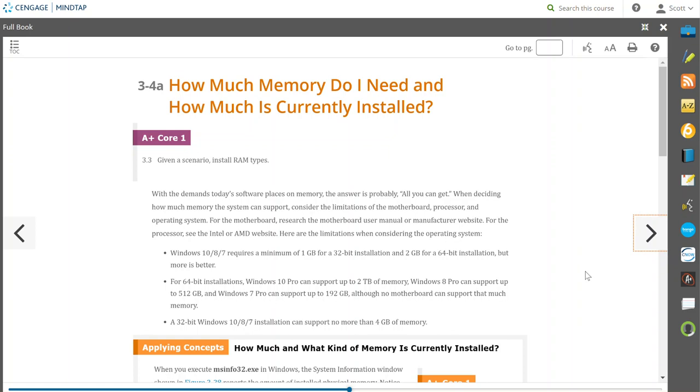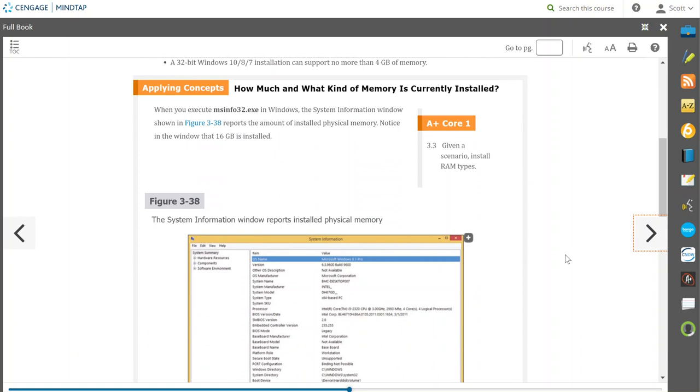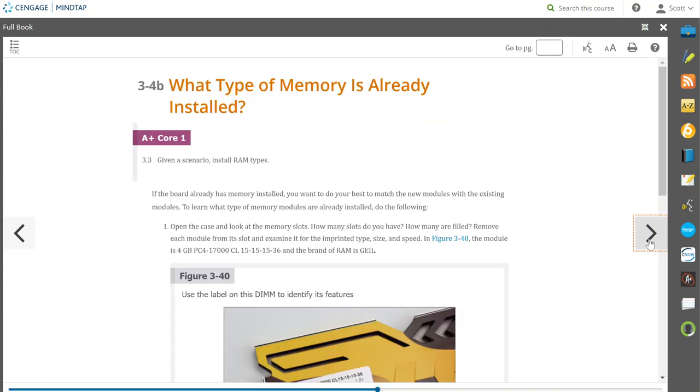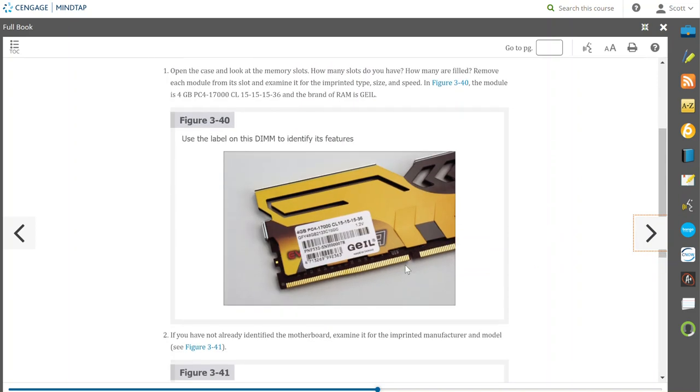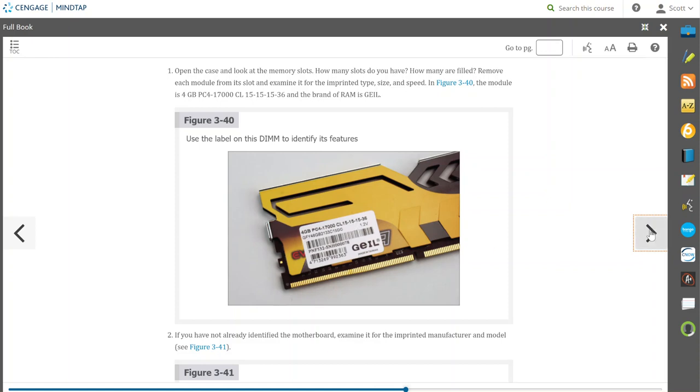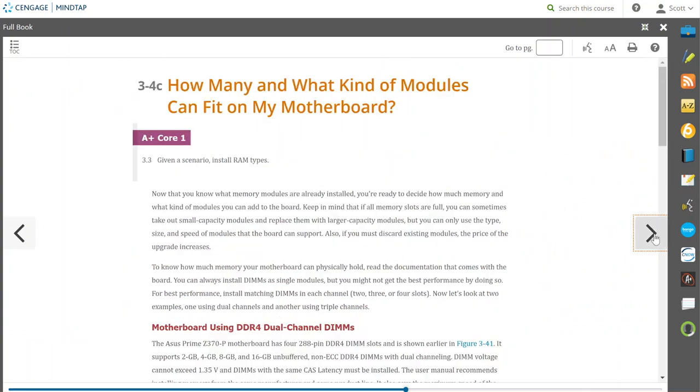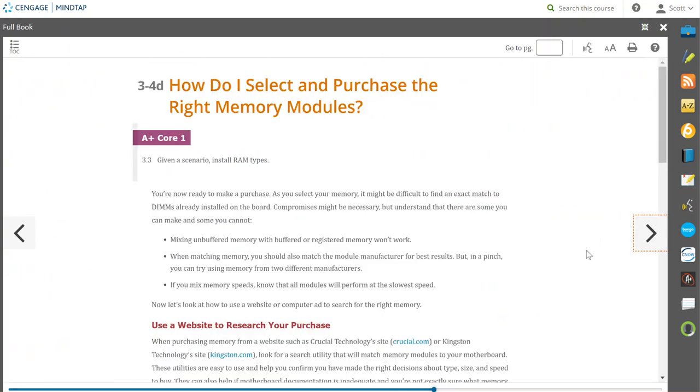We can go look at the system information. It'll tell us how much is there. I can literally go in and remove the stick that's there, and it'll have information on it. It'll say what it is. Make sure you note where you pull that original stick out, because you're going to want to put that back in if you're just adding one more stick that